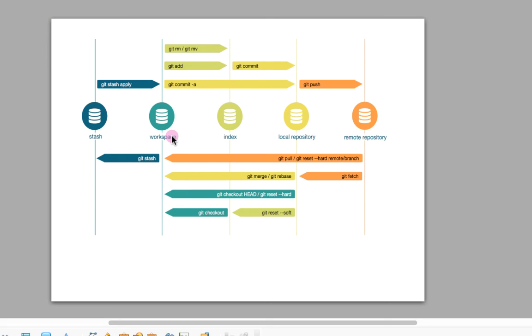Even if you are working on the same branch, whatever changes you have done, if you want to keep it aside for some time, you can use git stash. After applying git stash, changes will come here, and after applying git stash apply, my changes will come into the working directory again. Thank you very much.